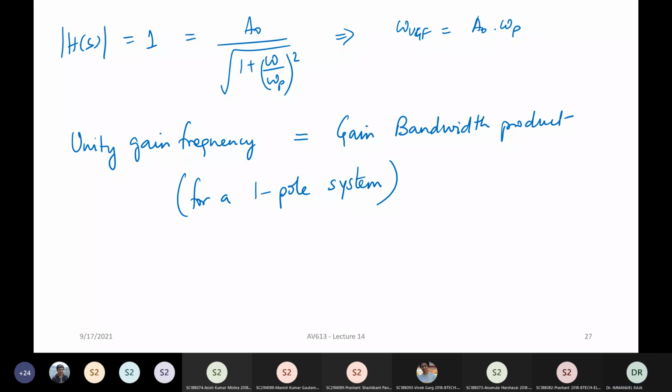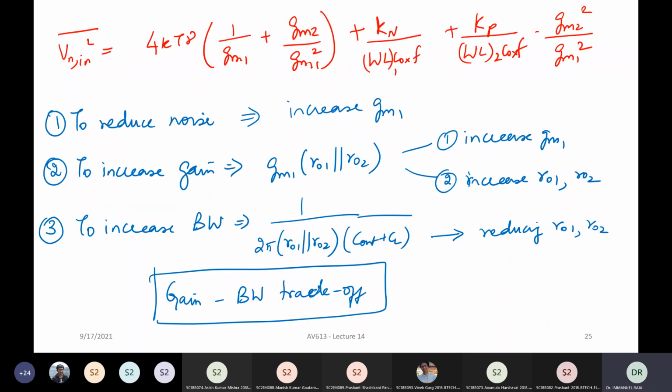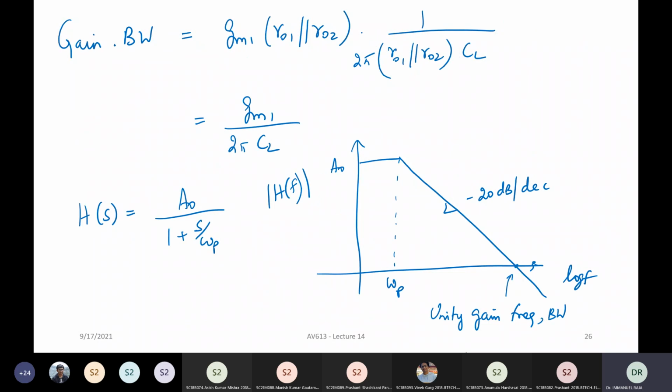Now, if you look at this common source amplifier, the RS, the source impedance driving, will typically be very low, so it can be approximated to be a single pole system. In most cases, your second pole will be beyond your unity gain frequency, and this whole thing can be approximated as a single pole system. You'll see that as we build op amps, most of them will end up being mostly single pole, or for two-stage op amps, we will do something called compensation to make it pretty much like a single pole system. Okay.